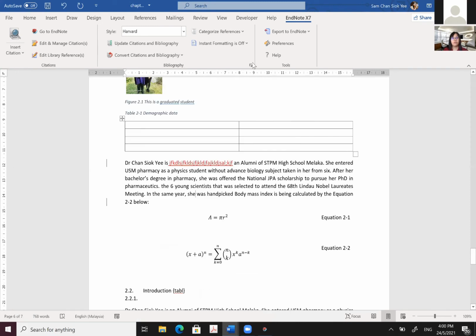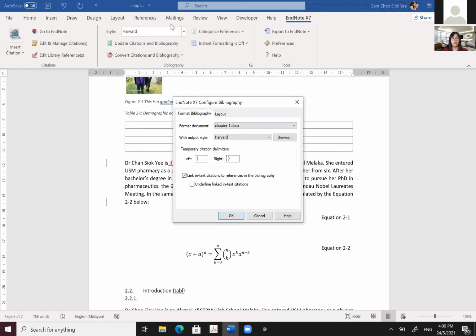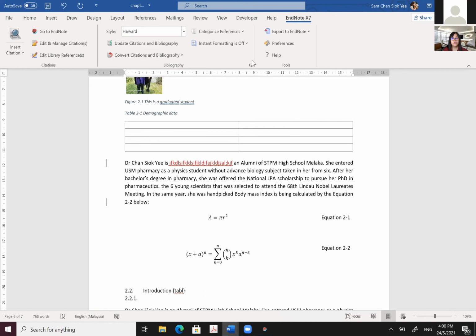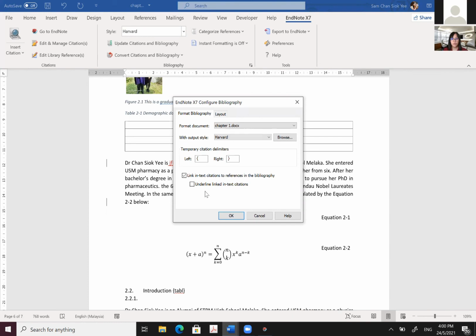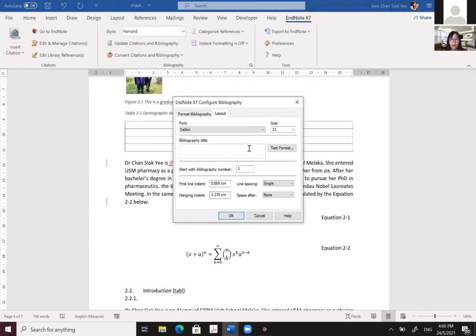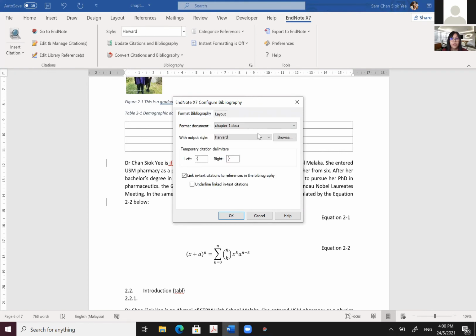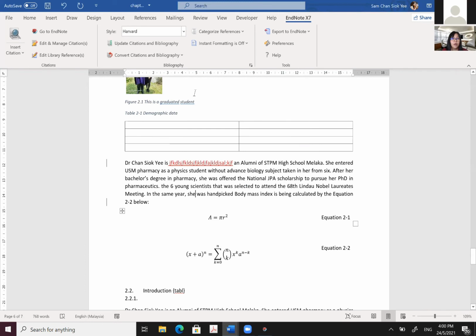And if you want to unformat it, there is a way to do it, okay? In EndNote itself, can you see the second box here? This small, tiny arrow, you click on it, okay? I think you can unlink, if I'm not mistaken. This is the layout, like how the citation style is formatted. You can make it unformatted if I'm not mistaken, but I cannot see where the unformatting is. I think here,